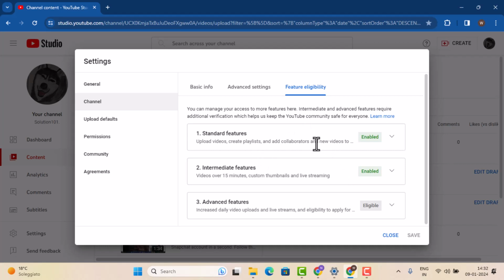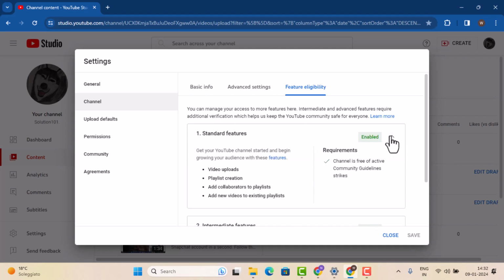So first of all, you need to make sure to go ahead and verify your standard features. So go ahead and tap the arrow icon if you're not verified. When you verify the following statement, then you'll be able to see enabled, which indicates you've successfully verified. But if you don't see an enabled option, which indicates you've not verified or that verification has been rejected or whatsoever. When you verify your standard features, then you'll be able to upload videos, playlist creations, or add a collaboration